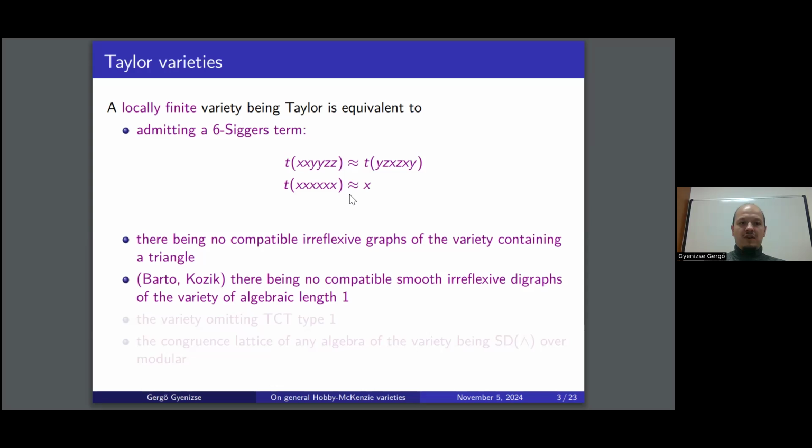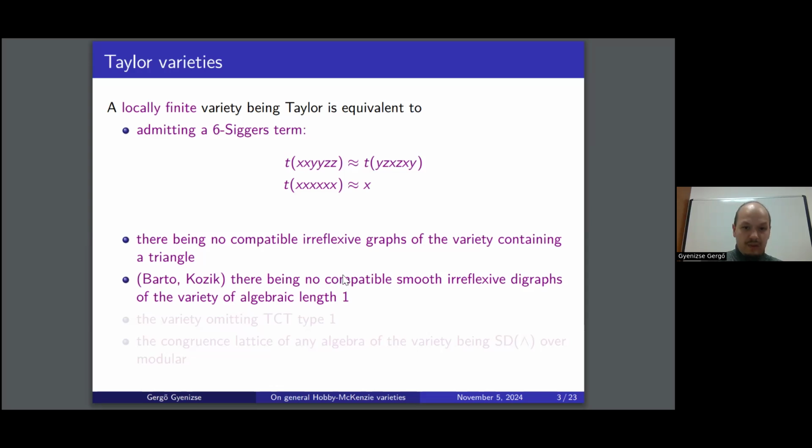And the most famous and most commonly used of these is the Siggers theorem, or in other words, Siggers terms, that says that a locally finite variety is Taylor if and only if it has an idempotent four-ary term that satisfies the identity t(x, y, x, z) equals t(y, x,